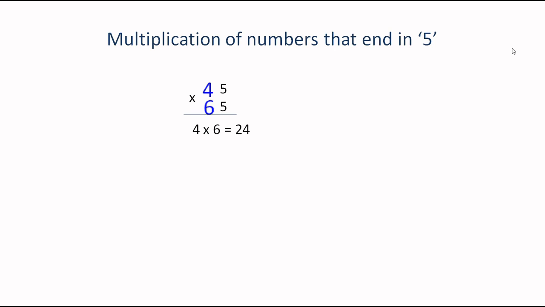To this we will add half the sum of the numbers that we have multiplied now. So it is like 24 plus (4 plus 6) by 2. As we know, when we divide any number by 2, there is a possibility of getting two remainders. One is 0 and the other is 1. This remainder will decide the rest of the result, that is, the right hand side of the result will be dependent upon the remainder whatever we get after this division.